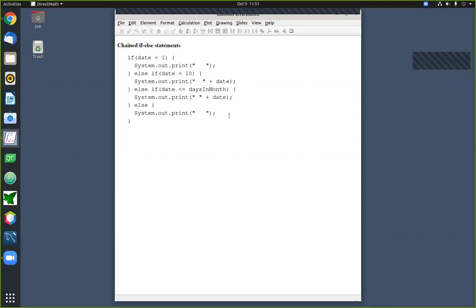All right, and finally, the last thing to point out about this structure is that the order of the questions matters. If you get the questions in the wrong sequence, it messes up the logic. For example, if I had asked this question as the first question, is the date less than or equal to the days of the month? Well, if I put that test as my first test, that would catch every date that falls before the end of the month, but the problem is that covers multiple categories. That covers the negative dates, it covers the dates less than 10,